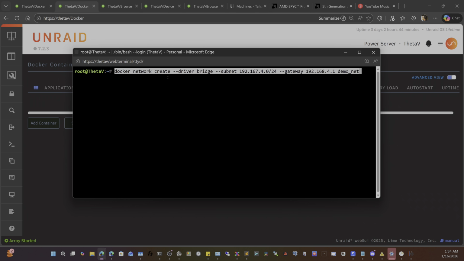All right, so let's go through it, right? First and foremost, I wish this great block thing was in here, but all right, so let's start with docker network create, right? This is the command you're going to use to create the network. Simple enough, okay? The driver is going to be bridge, right? And then the subnet, this is the important part, right? The subnet is what you use to set